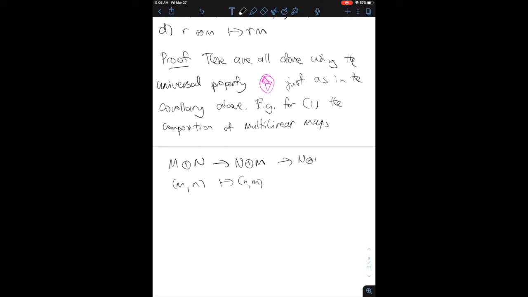So (m, n) goes to (n, m), and then this goes to n tensor m. And this gives us a map from the direct sum of M and N to the tensor product of N and M. But now, by the universal property,